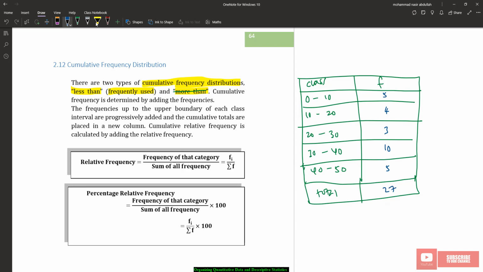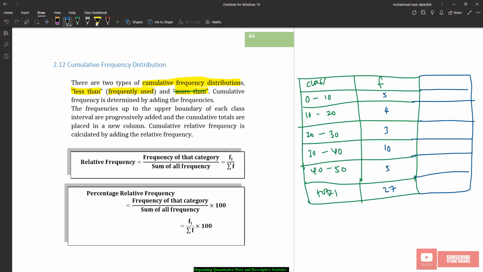27, right? So for cumulative frequency, we need to create another column called cumulative frequency. The symbol for frequency is small letter f. For cumulative frequency it is capital letter F. Cumulative frequency starts from before the first class. Before the first class, we don't have any frequency, and the class does not exist. So the cumulative frequency of the first class is,